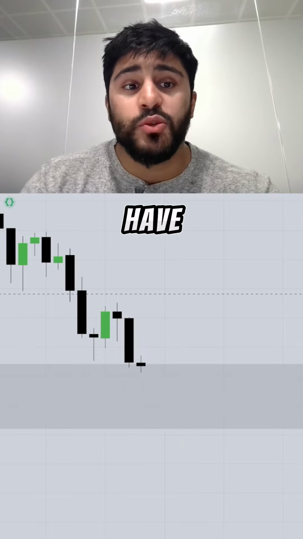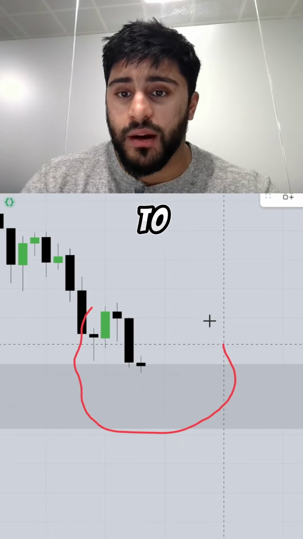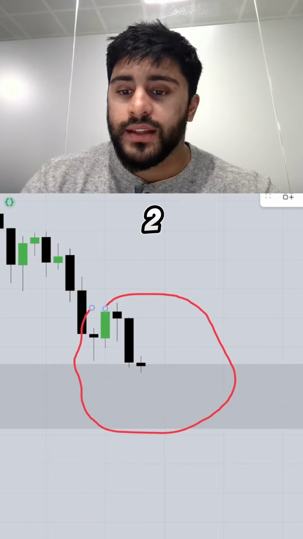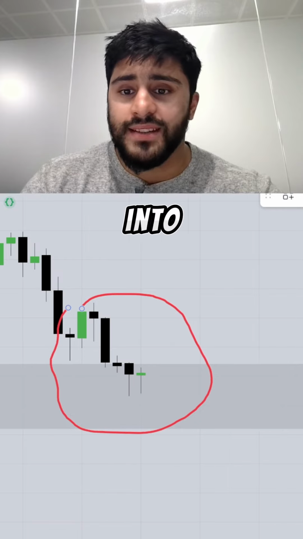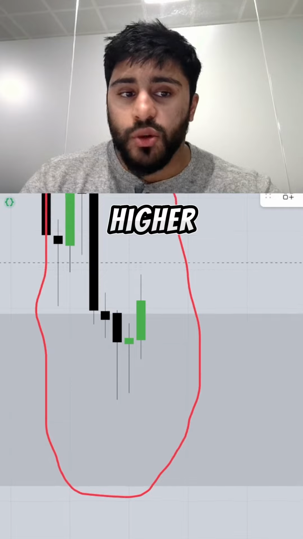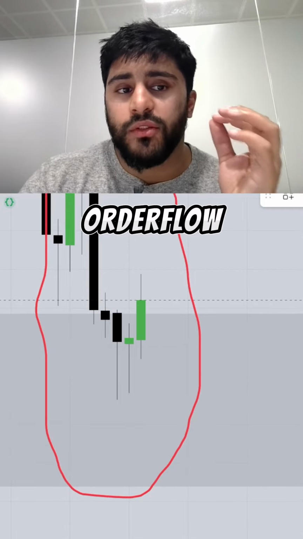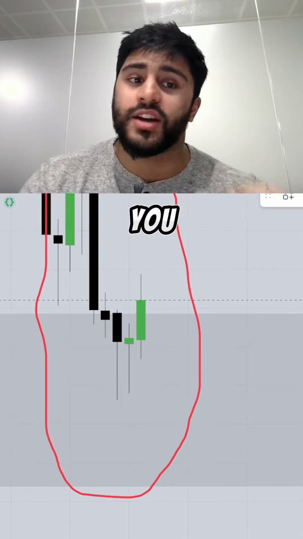Step number two is we have to wait for the lower time frame, the 1 minute time frame, to come into our level. That is step two. Step three now, as you can see, price heads into the level and then we get a rejection higher. So what I want you to understand, without going to the order flow indicator, which you actually need, to be honest,